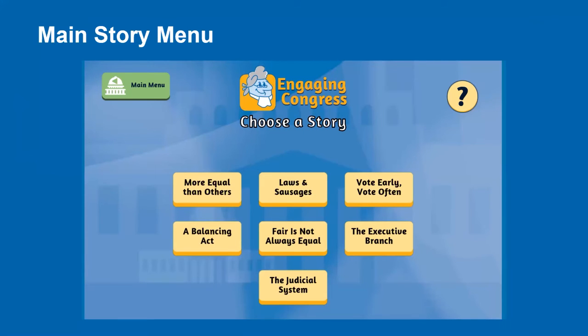And here is what the main home screen of Engaging Congress looks like. And you can see there the two new branches or modules, the executive branch and the judicial system. And at this point,